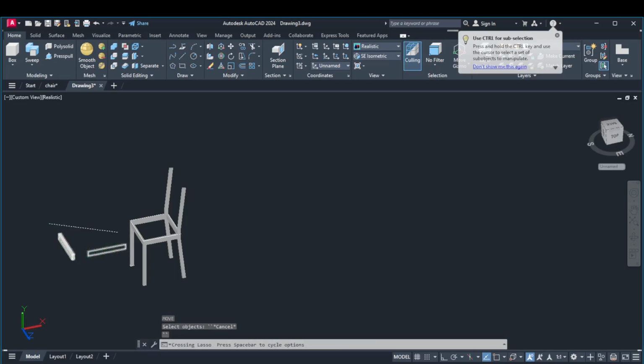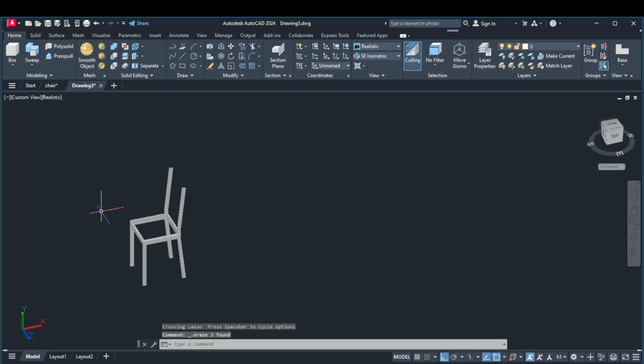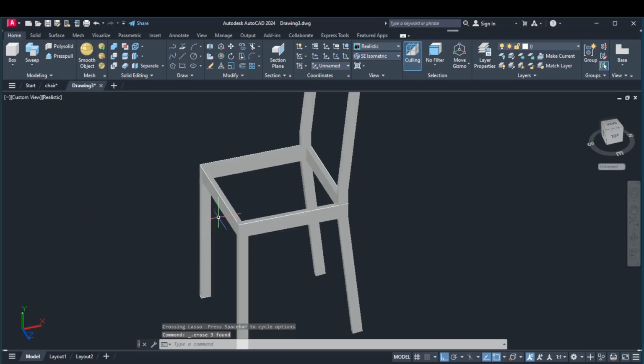Then these are unnecessary, we can delete. We have that. So we now need to draw that portion whereby the person will be sitting on. So we go to